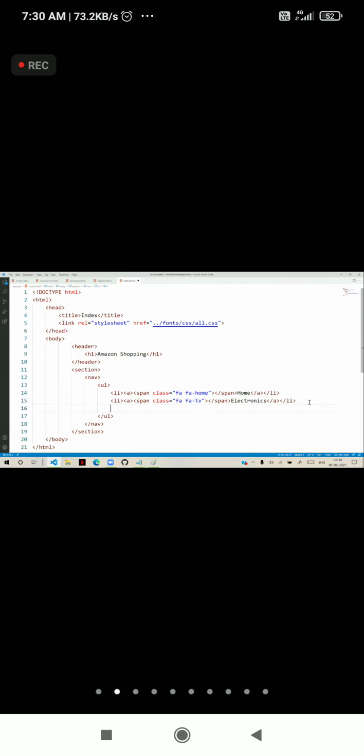Another list item, shoe prints, and here we have footwear. And one more, we have fashion, t-shirt, and here we defined fashion. Okay, these are the options configured.